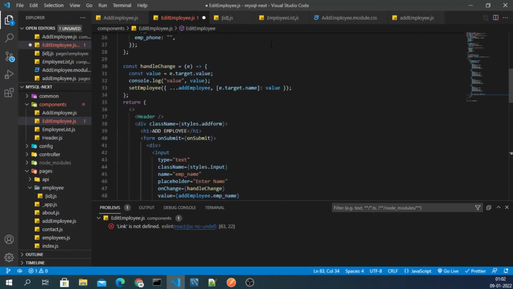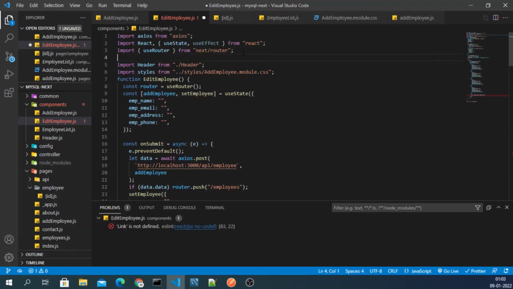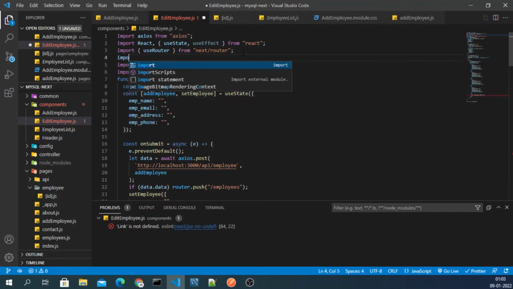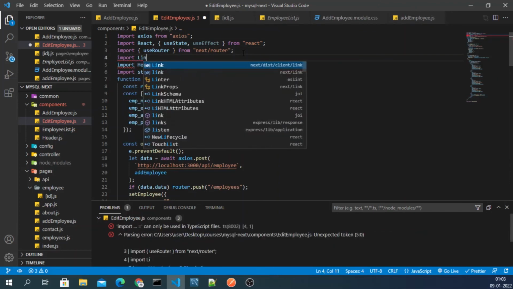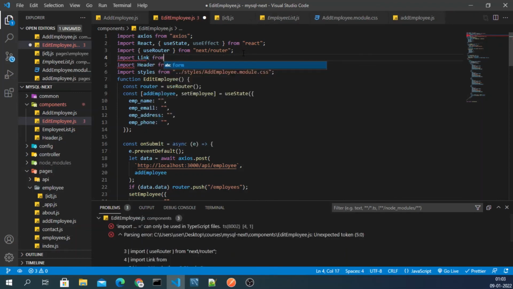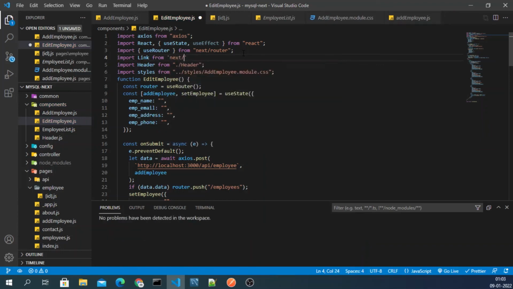I'm using link here, so I need to import link from next.